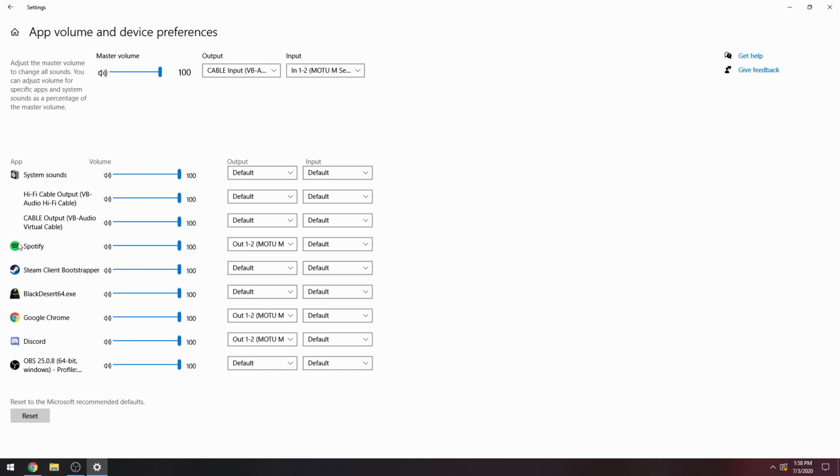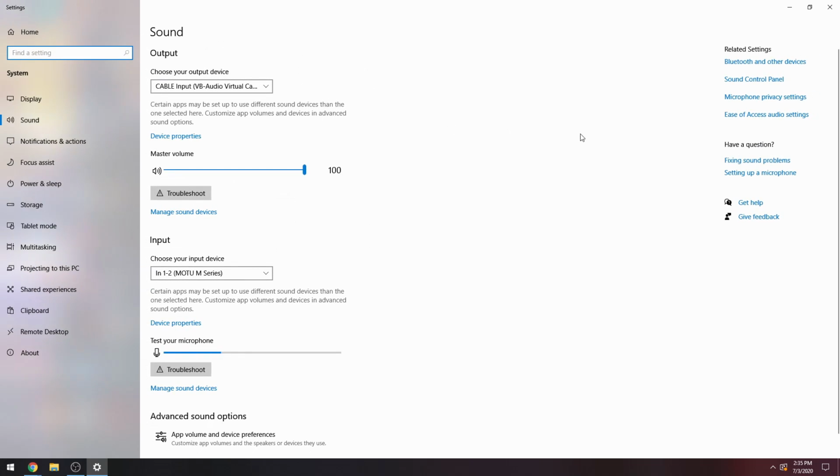For Spotify, I don't want copyrighted music going through. Google Chrome, I don't want it going through. So now I've got all the audio devices routed correctly. Now we've got Discord and Google Chrome going to our headphones. All your game audio is through default. You want to be able to hear your game audio, right? So